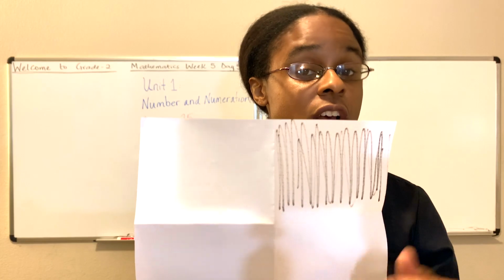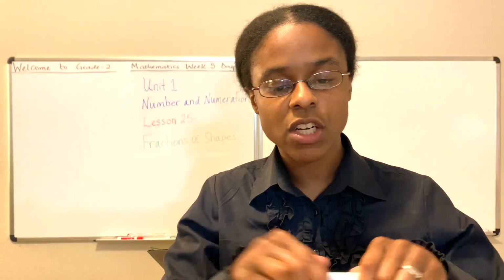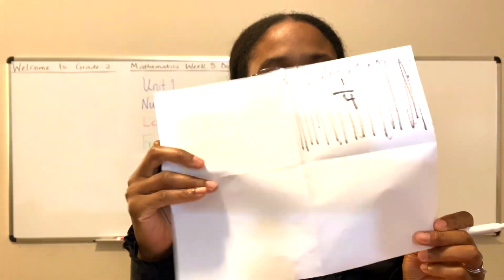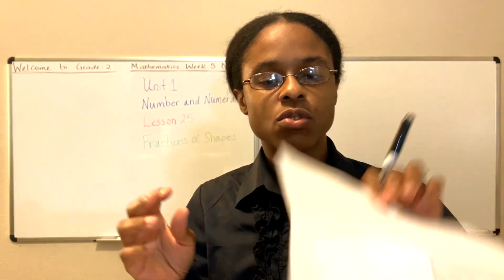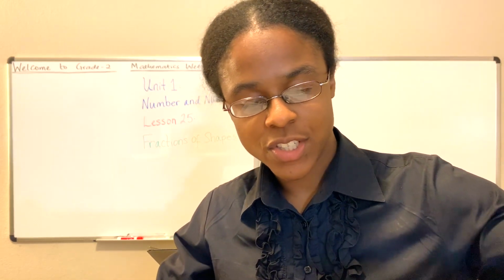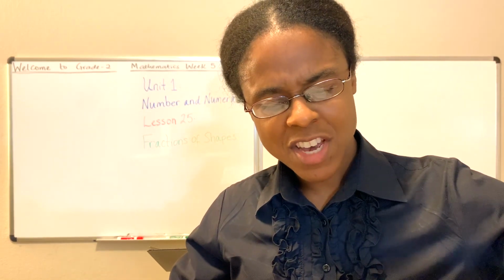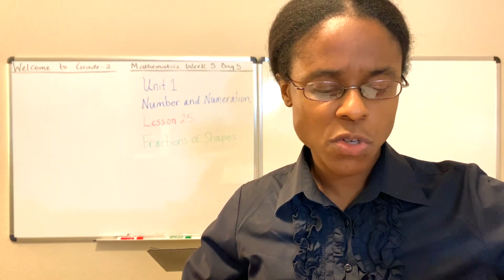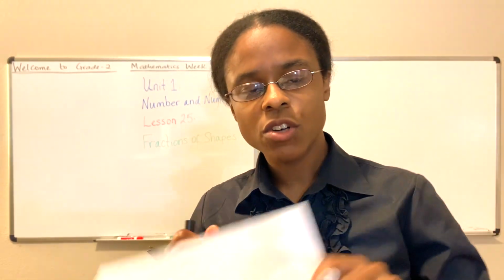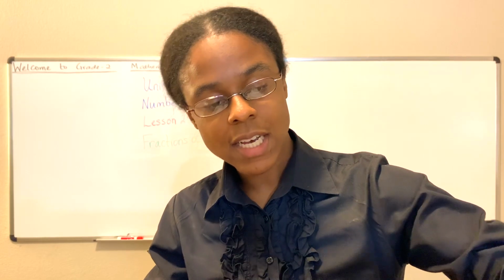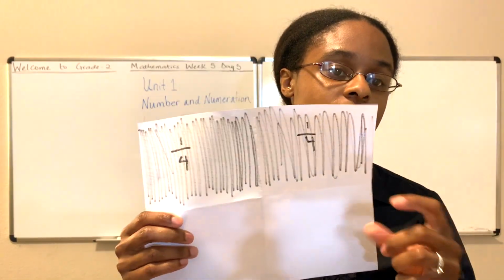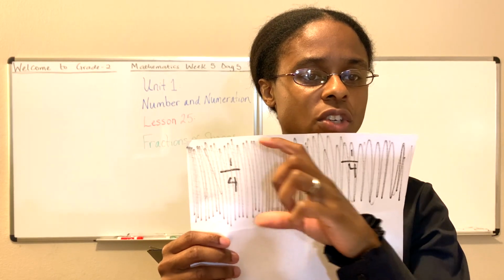1/4 is shaded. Is that what you would say? You would eventually conclude that 1/4 is shaded. And then I would ask you, what if I were to shade another part? You would think about it: you shaded 1 part, and that was 1/4. Now you shaded 2 parts, which is another 1/4, right? Both sections represent 1/4. This is 1/4, but look, you shaded a second one.